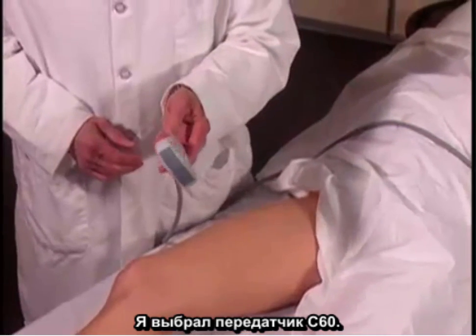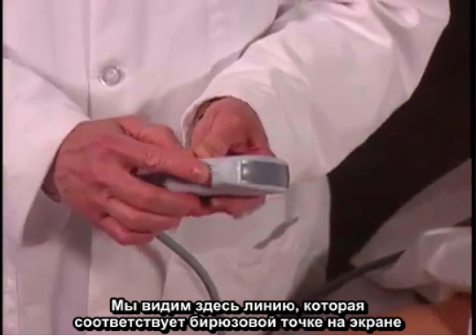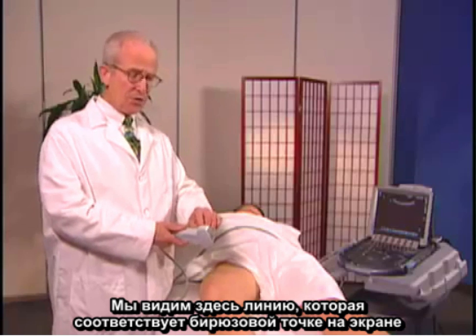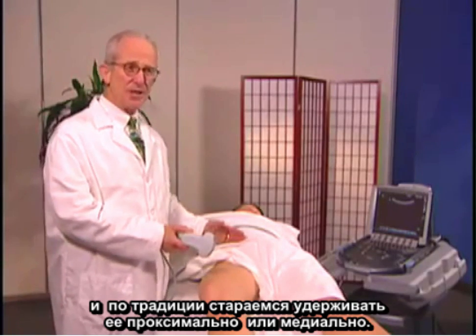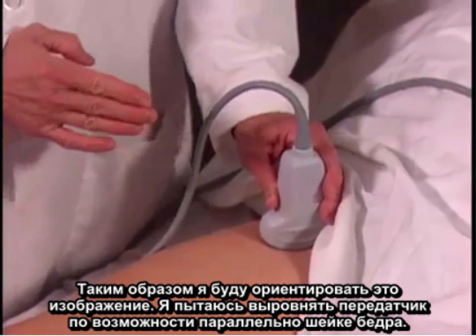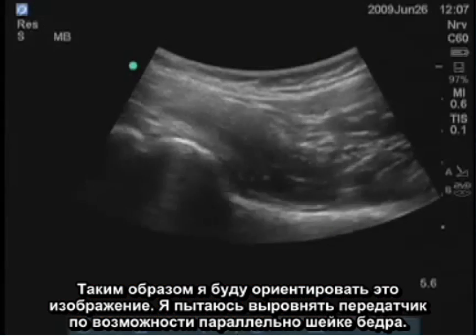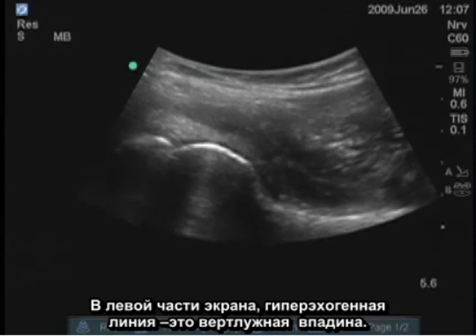I've chosen a C60 transducer. There is a line here which corresponds to the turquoise dot on the screen, and this we usually, by tradition, keep proximally or medially, and that's the way I'll orient this image. I'm trying to align the transducer approximately parallel with the femoral neck, and the left side of the screen, the